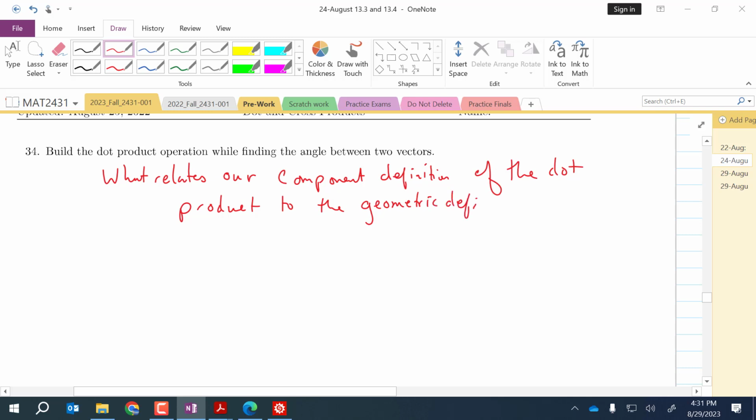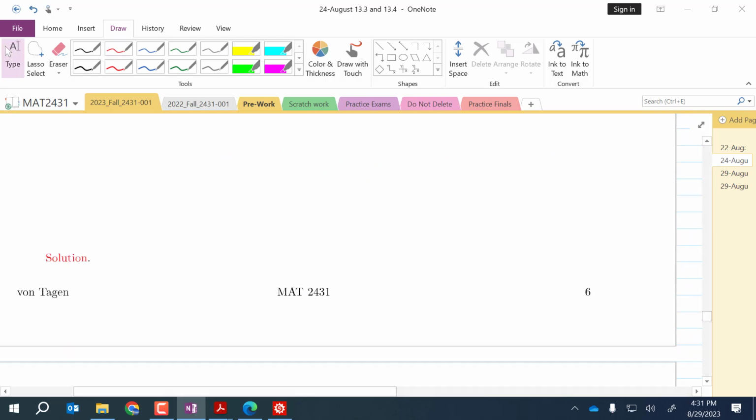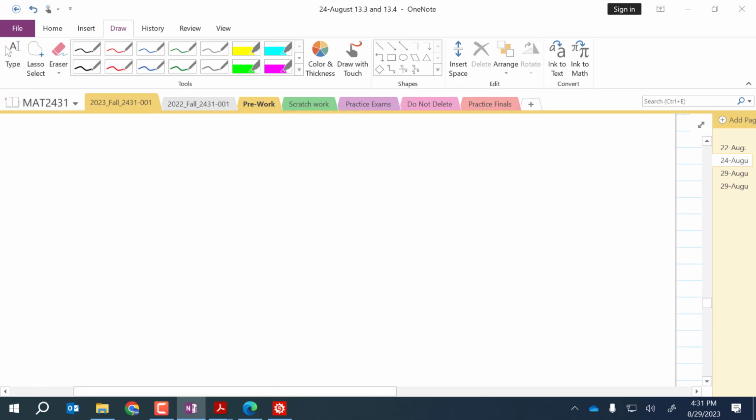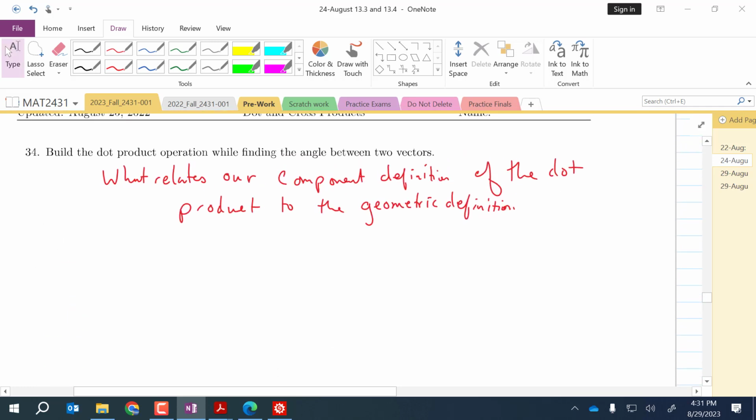That's the last thing that I haven't explained, and we're out of time, so we're not going to. But I've got a worked out solution where I show you, basically we developed this from the law of cosines, and I'll show you what relates the component definition to the